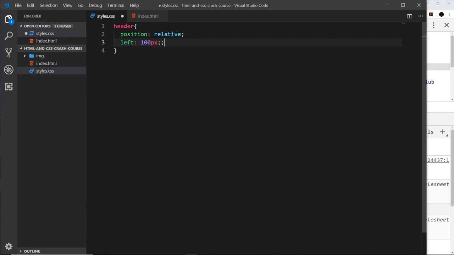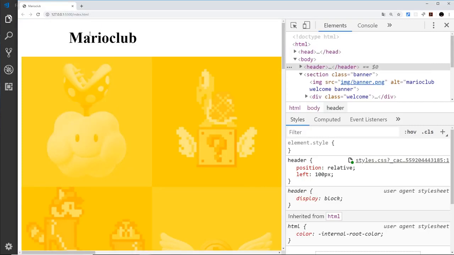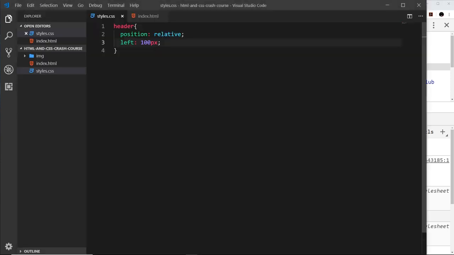and that's going to be relative to its original position. So if I save this now, you're going to notice it's moved over here to the right, away from the left position. Now that's a little confusing when you first start using this, because if you're thinking, well, this is called left, surely it should go left by 100 pixels, but that's not the way these positioning things work. When we use left and provide a value, it means we want to shift away from the left by this